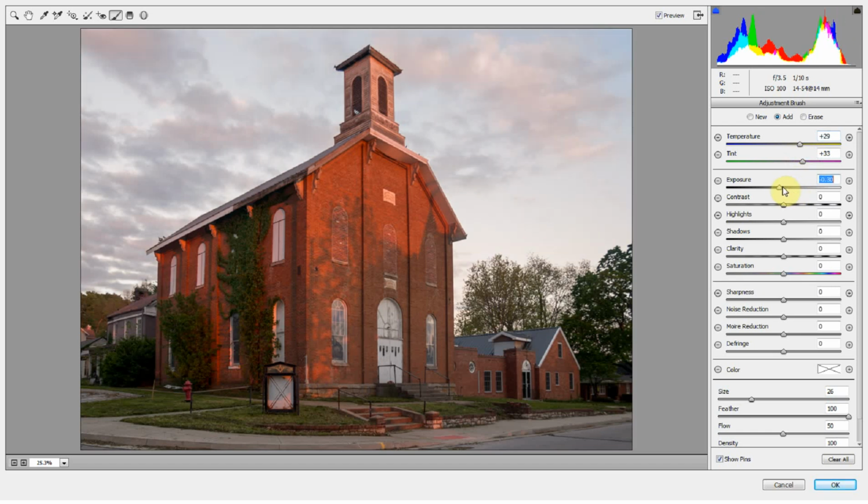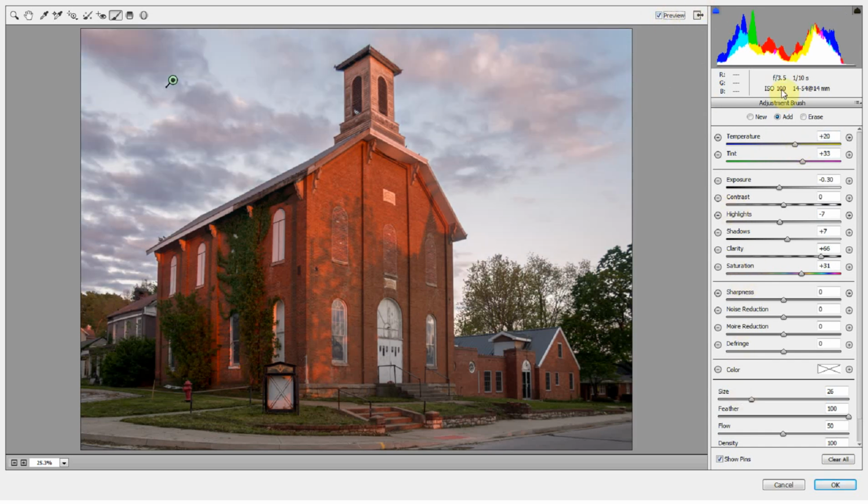So I'm going to adjust the exposure as well of just that sky. Darken it up just a little bit, and then maybe hit the highlights, see what happens there. Hit the shadows, see what happens there. No, not really a fan of what's going on. And then maybe increase the saturation a little bit to bring some of the color of that background back in. Now, I don't want to go overboard with saturation. I never want to go overboard with saturation. And I may even bring in some clarity as well to really bring those clouds forward a little bit. So here's the before and after. So we might have gone a little too warm on it. All right, that's much better.